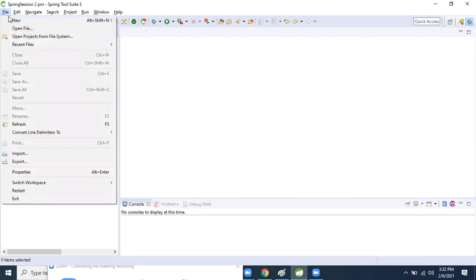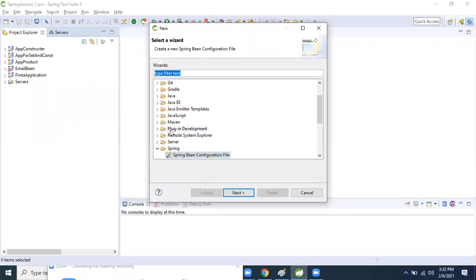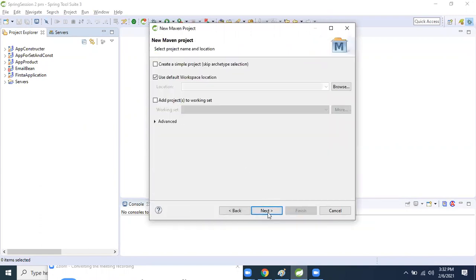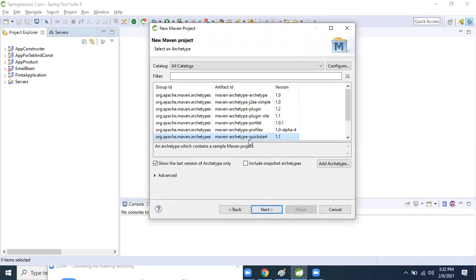So now what we will do: New, Others, go inside that, and select Maven project. Let's search for the Maven project. Next, then finish. Next, select quickstart archive.